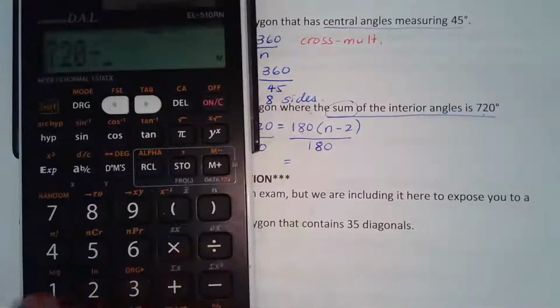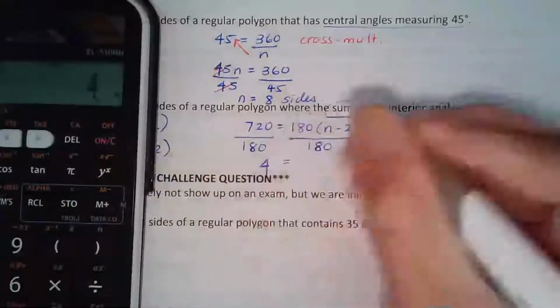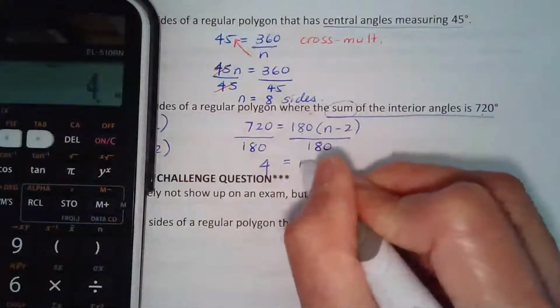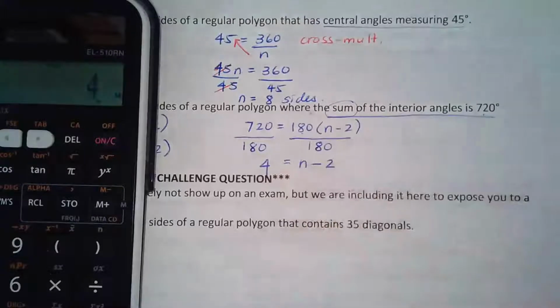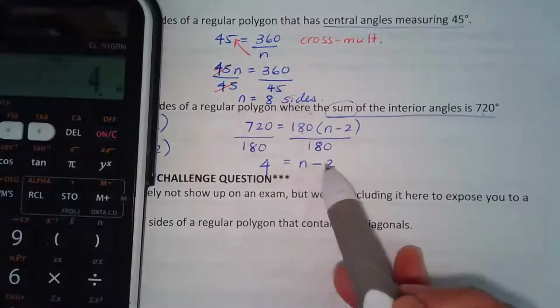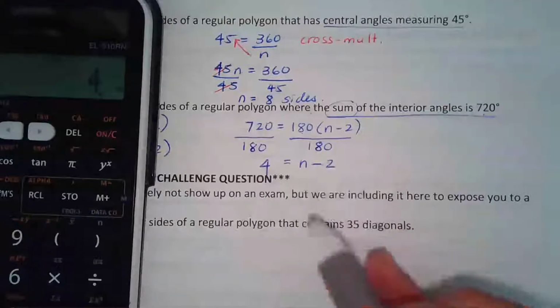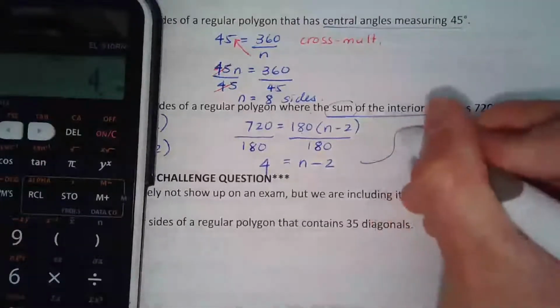20 divided by 180 equals, I got 4. So I got 4. 4 is equal to n minus 2. Okay, now you look at this. Something that I have to subtract 2 will give me 4. Okay, so that tells me